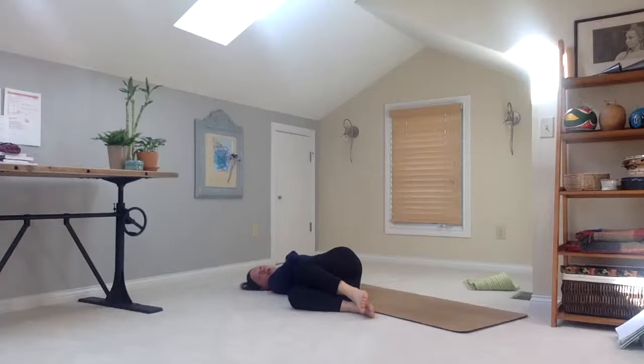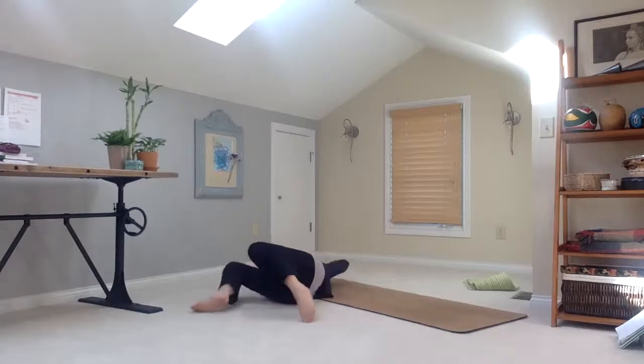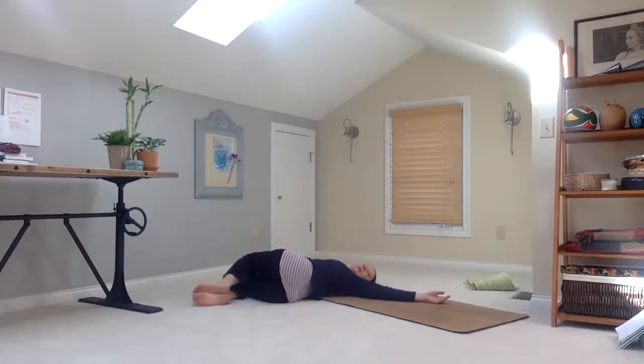Maybe the left shoulder stays on the floor. Maybe it doesn't. Feeling a nice supine twist. Do any adjustment that feels comfortable for you. Your gaze might be toward your right hand. Your gaze might be to the sky or even to